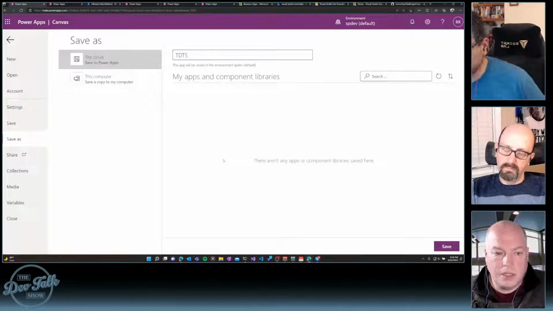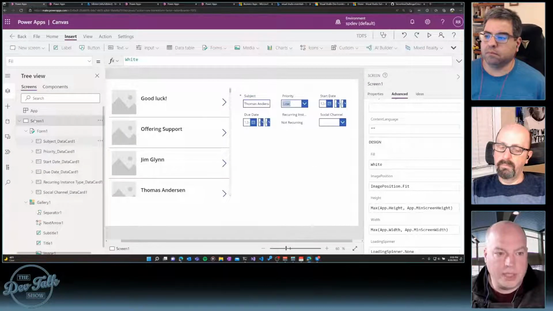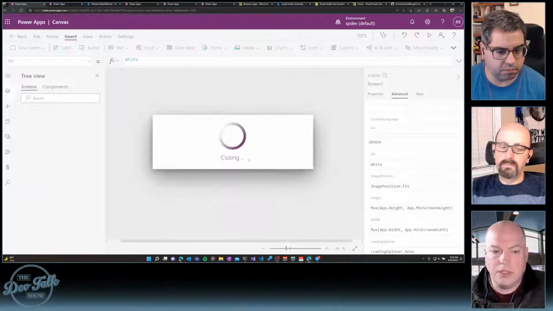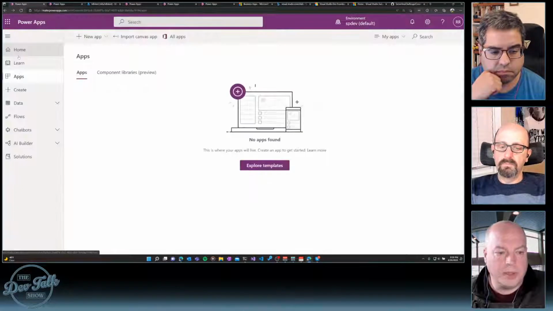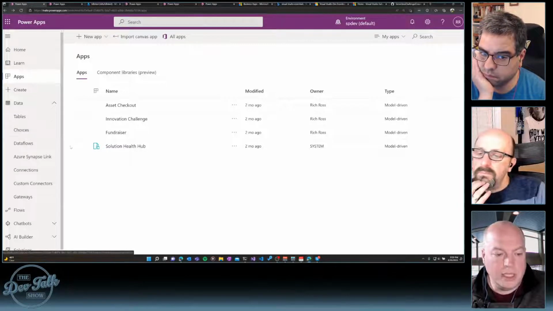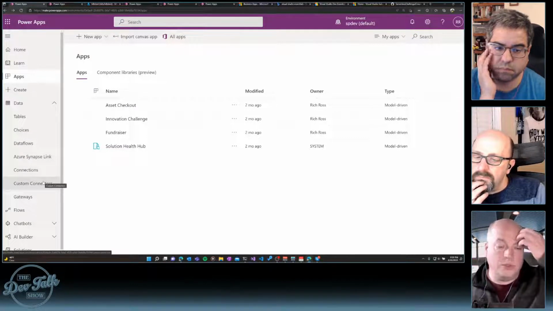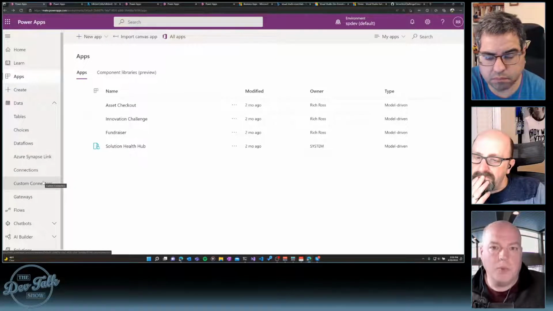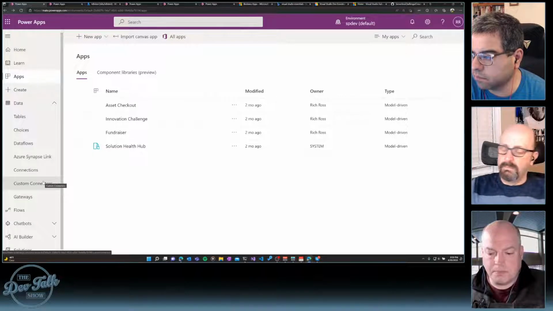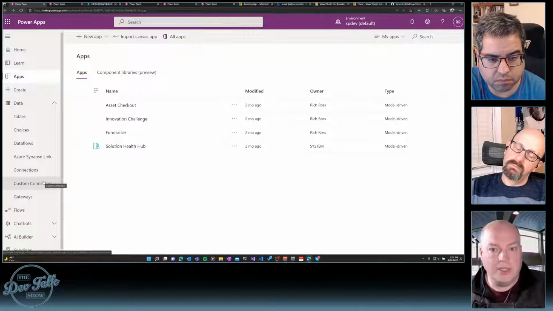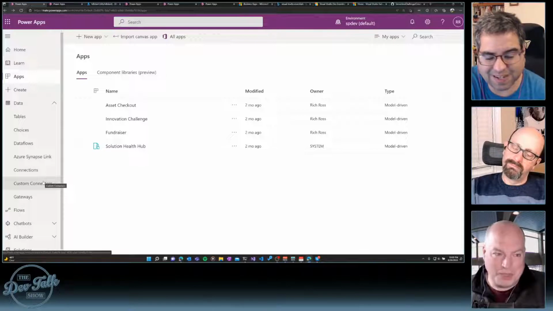Save, it's fine. And we start looking at some of the things that are interesting. Here we go, we get back to the main window here. We start looking at some of the things that we can do in here. We can get into something we'll look at next time, called custom connectors. And what that is, you go through that list of several hundred connectors. There's pretty much everything in there that you might think of, except for Twitch, that you might want to be able to connect to,